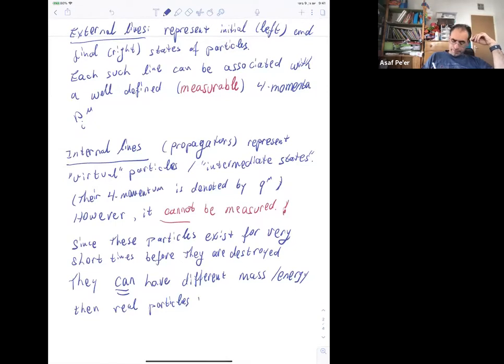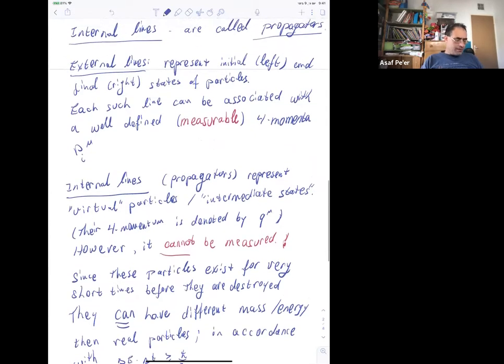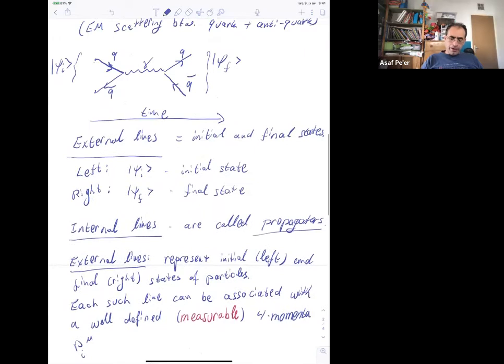In accordance with delta E times delta T greater than h bar over 2. The uncertainty principle. And this explains how we can create, for example, in this example here,